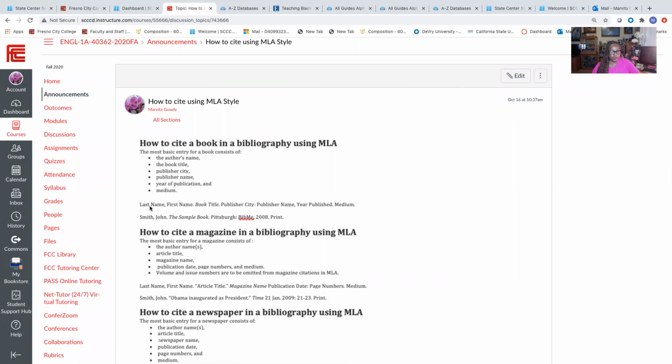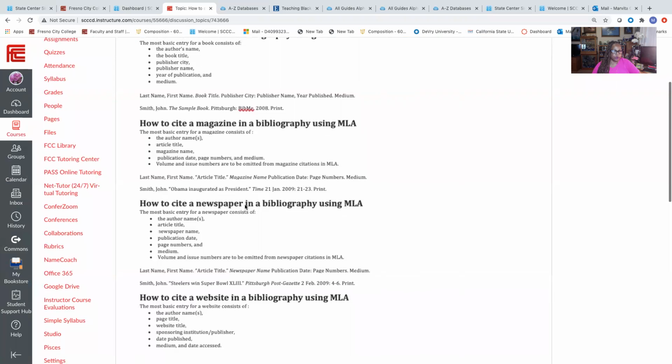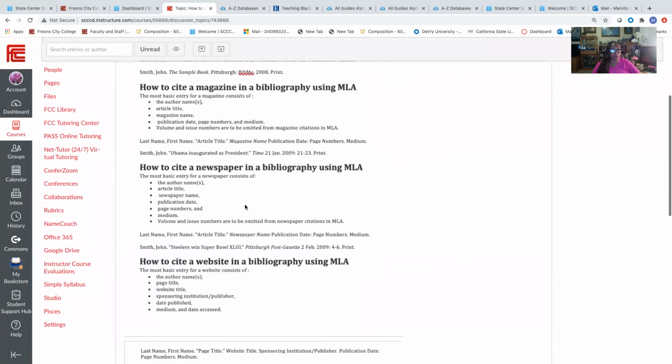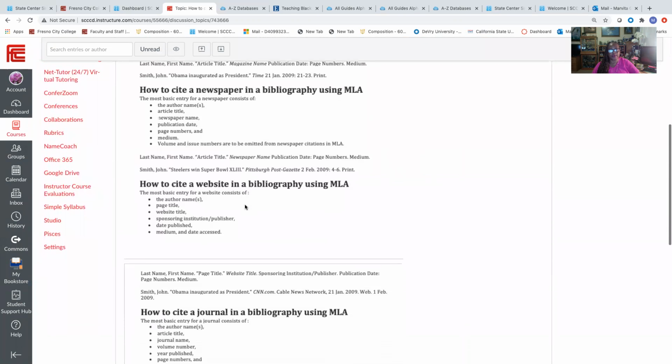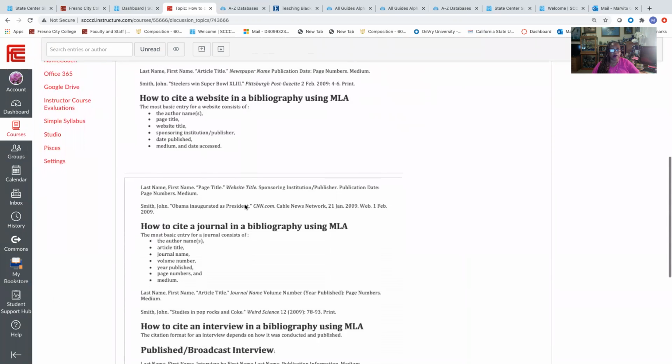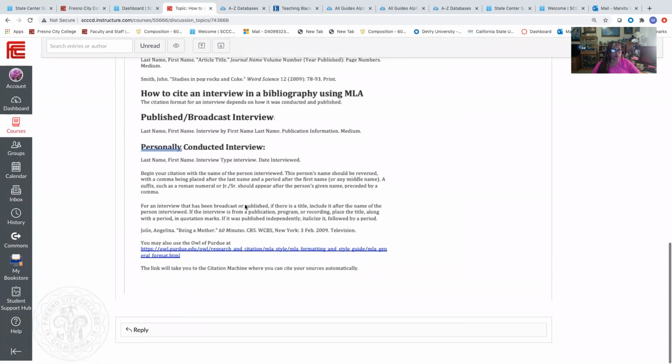So here it is. You put it right here. It is last name, and then first name, and then the book title, and you put it in italics, and then the publisher and year. And this is how you string it along, and it's showing you the correct way to do it. And then it tells you for all of the other different documents that you're going to need, how to cite them. So just look at that.